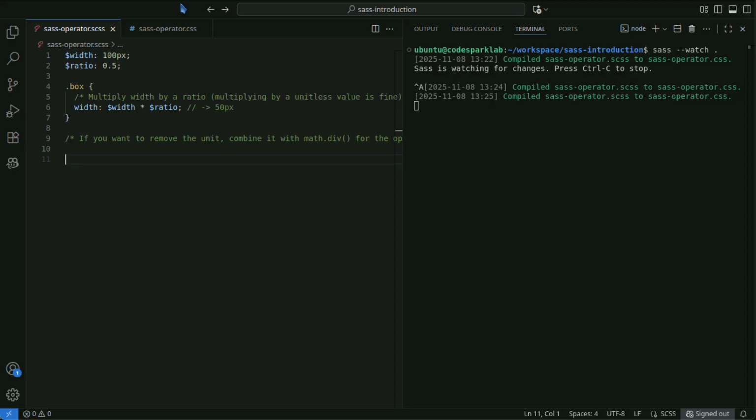SAS has comparison operators, which can be used for branching in conditionals, if, and mixins. Comparison of complex types such as colors and lists follows their own rules. Note that color comparisons differ depending on the color space. Below is an example that compares two numbers and branches the style.